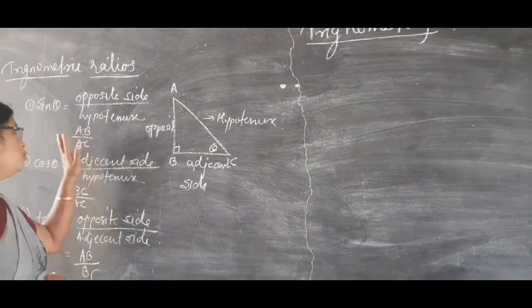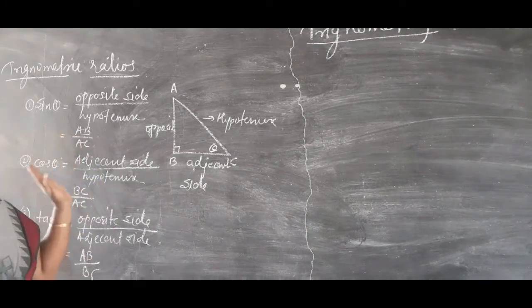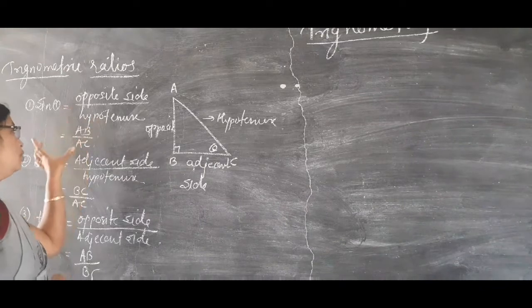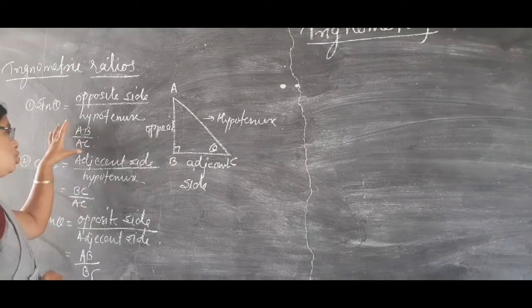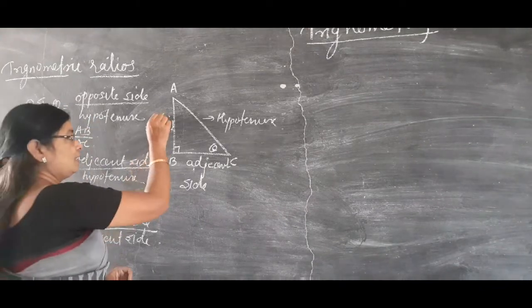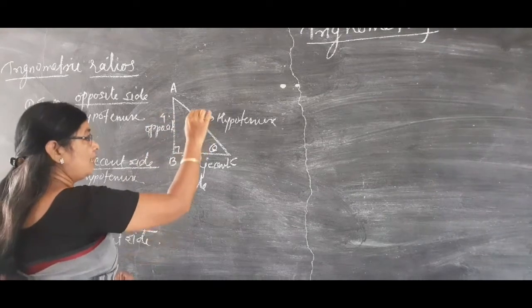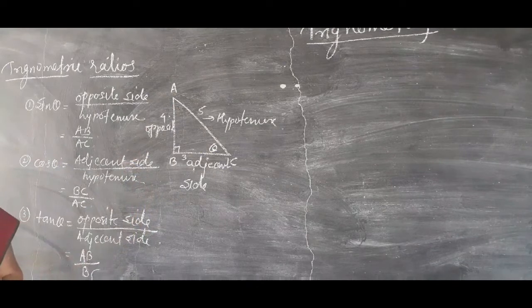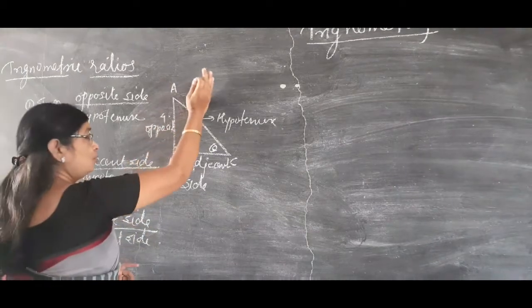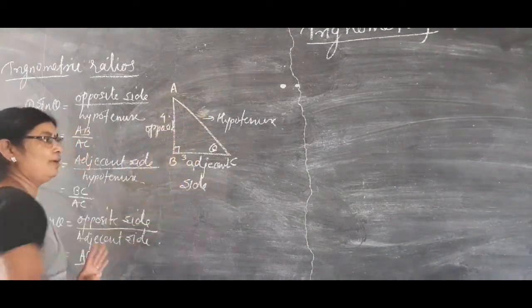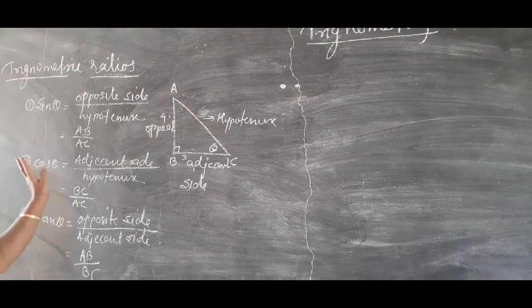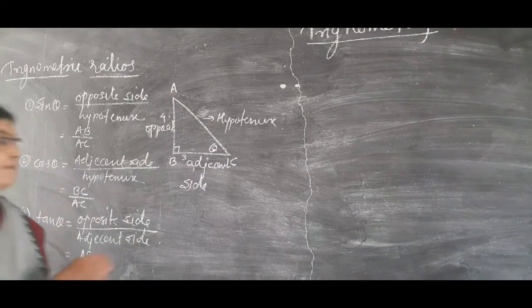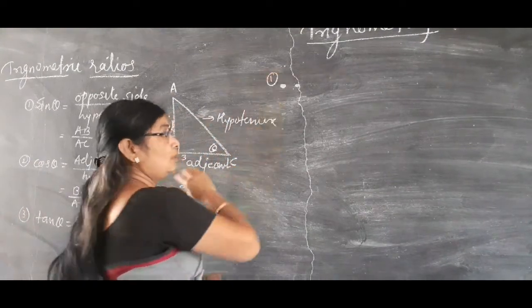Now see here, in this way, while solving a problem, you always have to write down the formula, then write down the ratios, and if the values of the sides are given, then put in the values and find the answer. If only two values are given, you have to find the third value by using the Pythagoras theorem. Now see here which type of problem there is.